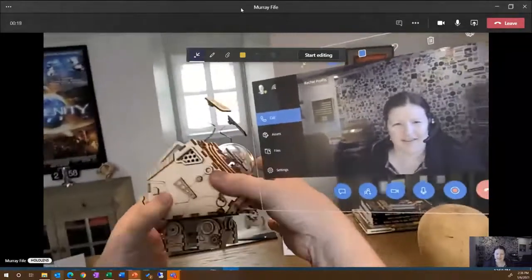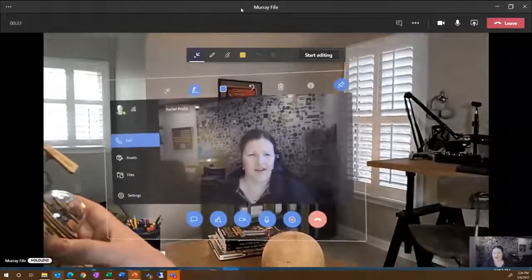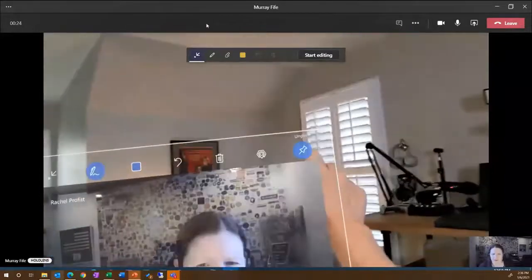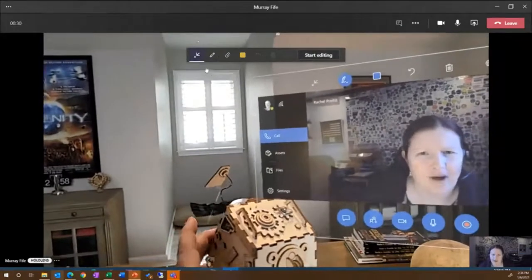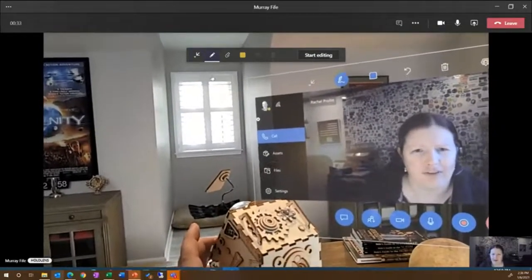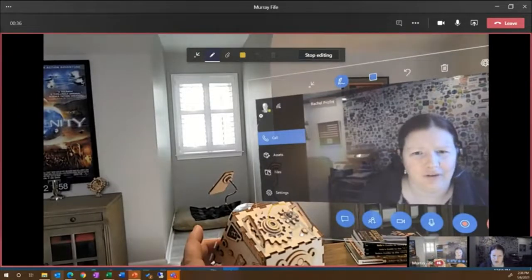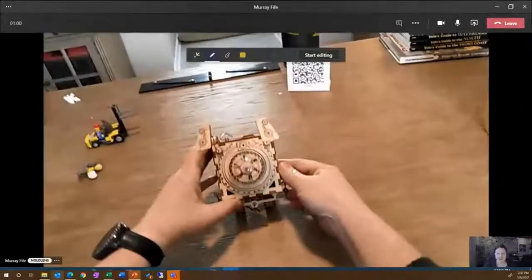So Murray's telling me about his problem here, how he can't figure out how to use his device. Let's take a closer look at it. Maybe turn it around so I can see it a little bit better. Oh, I think I might see the problem. Can you hold it there for just a second? And what I'll do is I'll circle on the screen for you. Do you see this little metal knob right there? Can you try twisting that? Probably turn it clockwise and see if that will make it go. Fantastic. So glad I could help out with that, Murray.